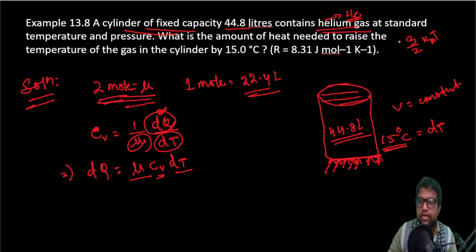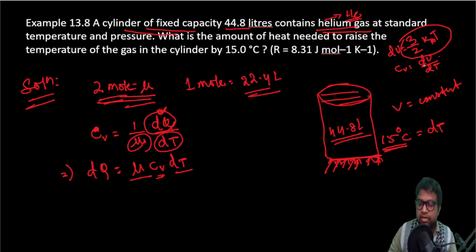And you can use the concept of your CV, that is equal to dU by dT. In this concept you can use, this is your internal energy. So you can use the formula and you can find out that